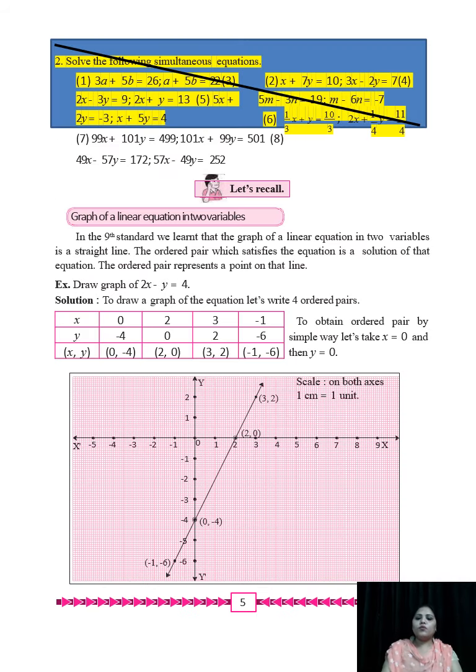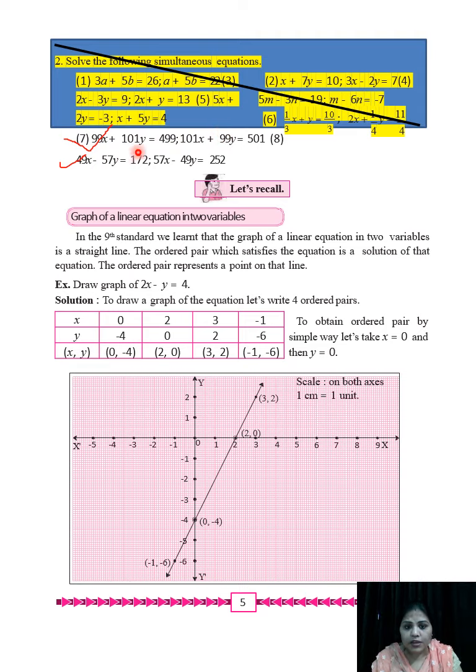In practice set 1.1, question number 2, these 6 sub-questions, 1, 2, 3, 4, 5, 6, are reduced from your textbook. It means they will not be asked in your exam. But the 7th and 8th sums are still there. Only 2 sums are there in this exercise. So don't cancel them. The first 6 sums are not there, cancel them. Now see the difference.